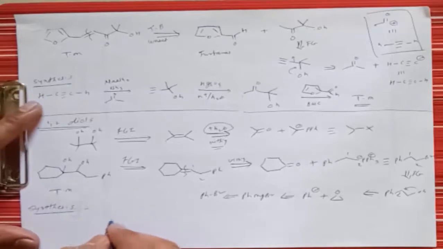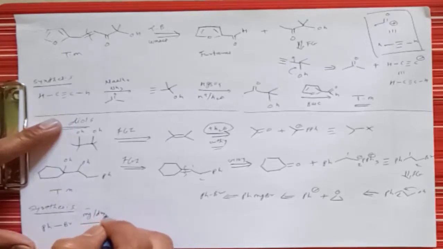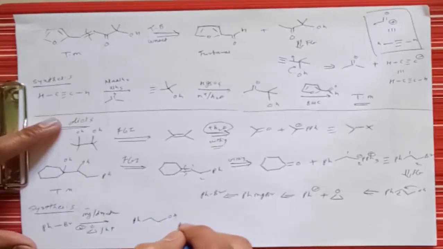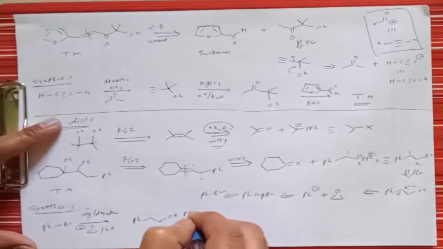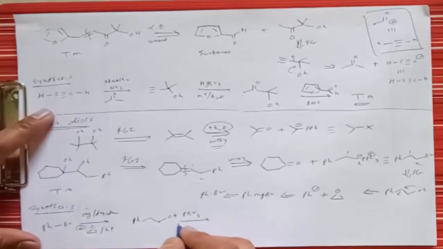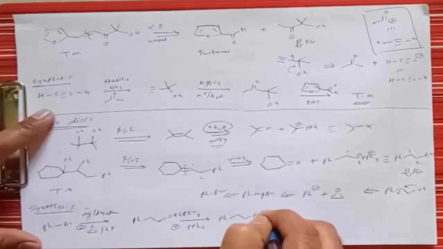Then if we go for the synthesis, initially we have to take this phenyl bromide and treat it with magnesium in the presence of dry ether, and then second we have to take this epoxide and treat it with H plus, so it gives formation of PhCH2CH2OH. Then if we treat this molecule with PBr3, where PBr3 can be taken from red phosphorus plus bromine, it gives formation of PhCH2CH2Br, and then if we treat this molecule with triphenylphosphine, right, it gives formation of PhCH2CH2PPh3, right.